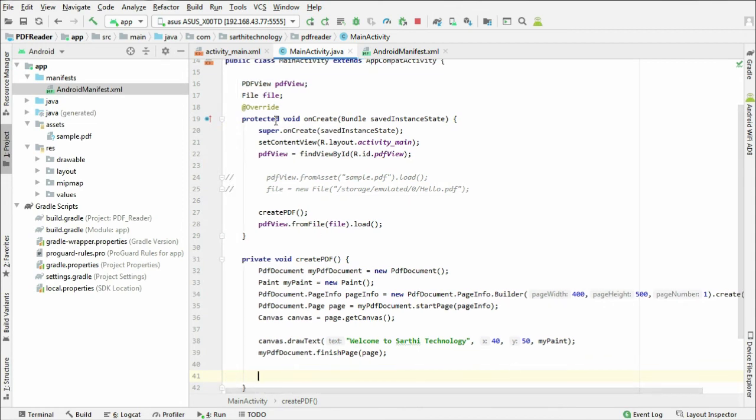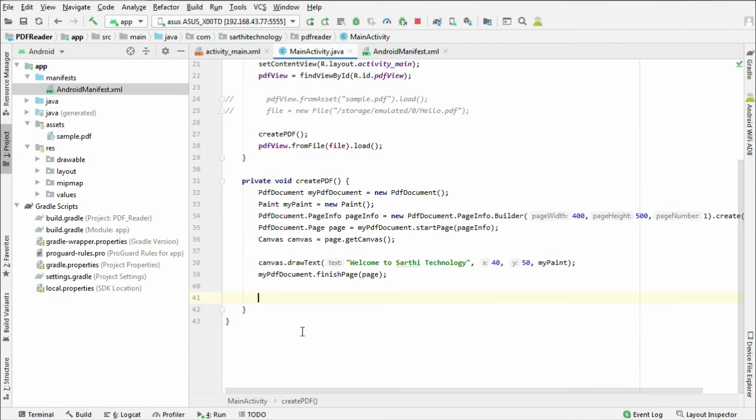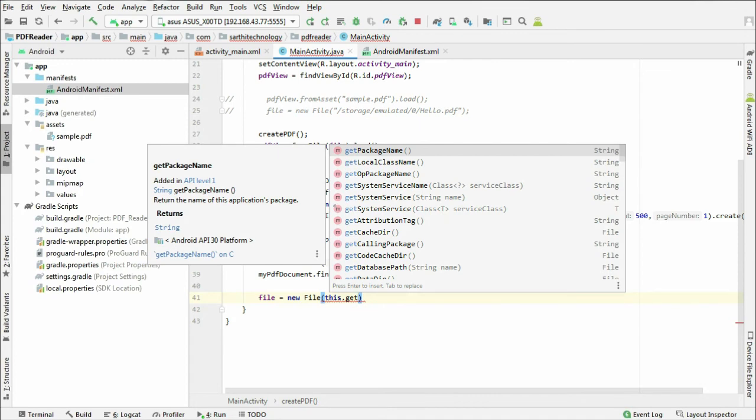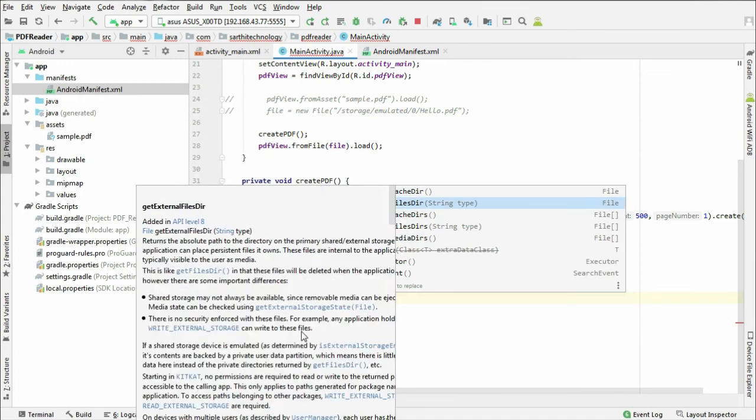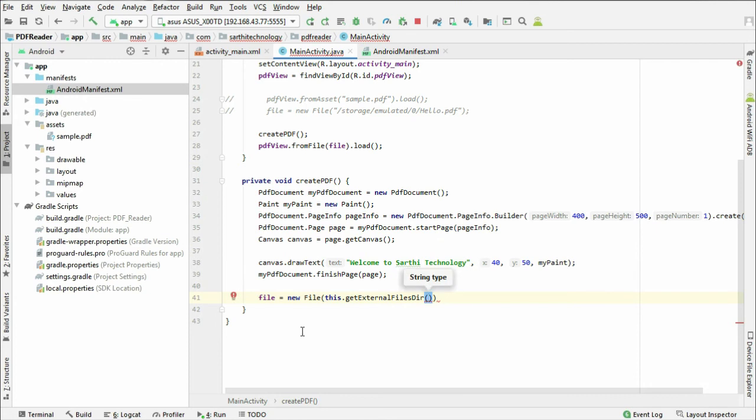Now this file object we will use here. So file, new file, and here this dot get external files dir, comma put the file name open PDF.